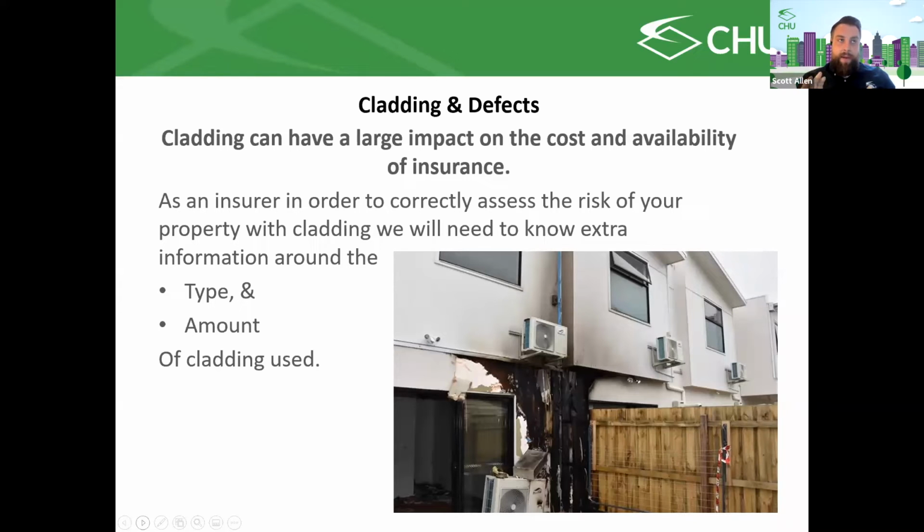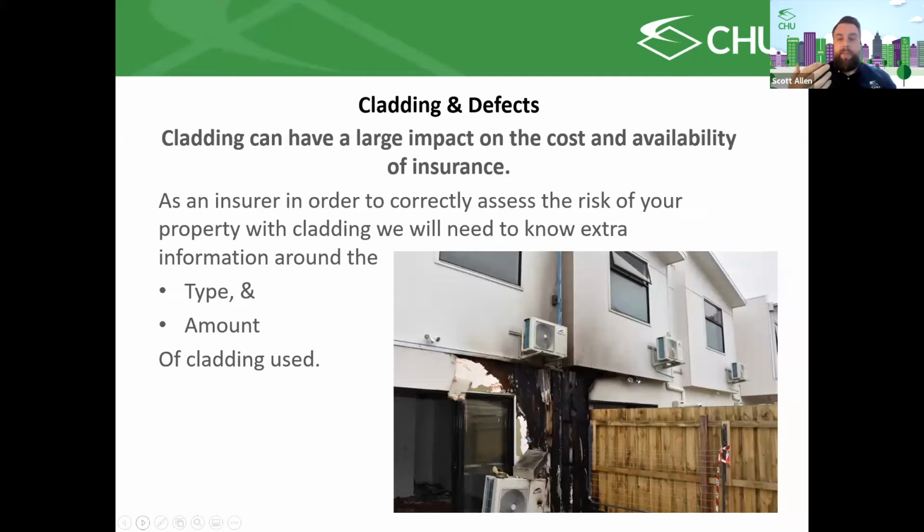One is the really well-known one that we've seen on the news with things like Grenfell Tower, and that's ACP, so aluminium composite paneling. It's basically two pieces of aluminium with a sandwich of something in the middle. Often that something was a plastic of some description, a polystyrene, a polyethylene. Nowadays, most of the products on the market are mixed with a mineral within it, so something inert, but there's still some mixture of plastic within there. Those with more plastic are more flammable, those with less plastic are less flammable, but they're all flammable to some extent compared to something built with concrete or brick.